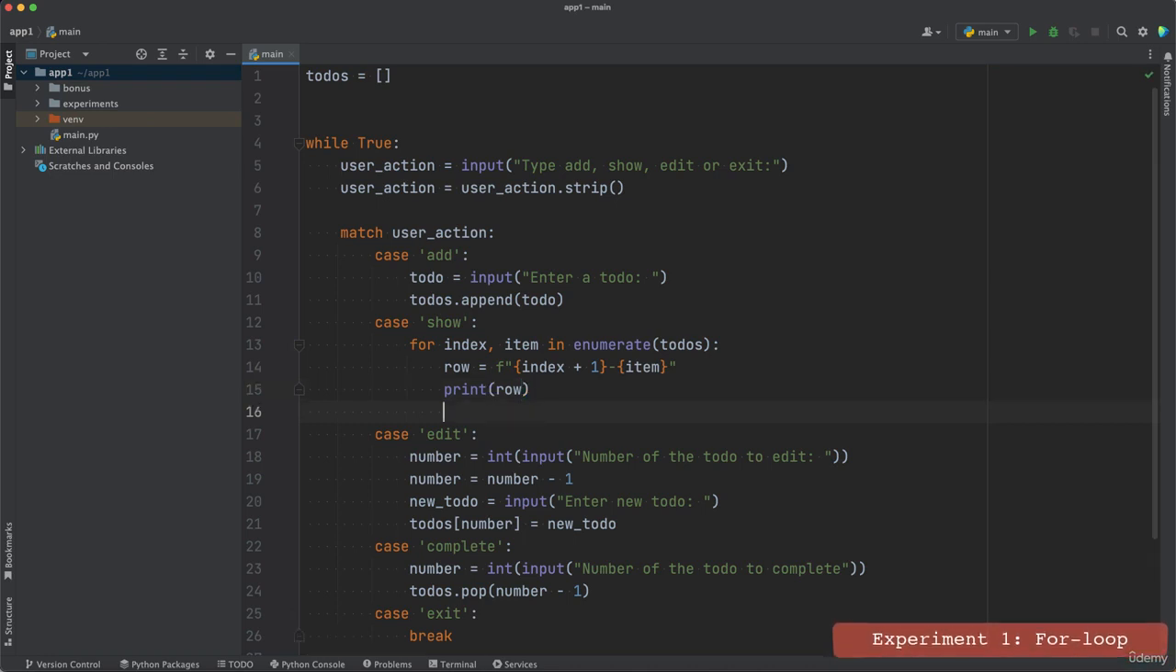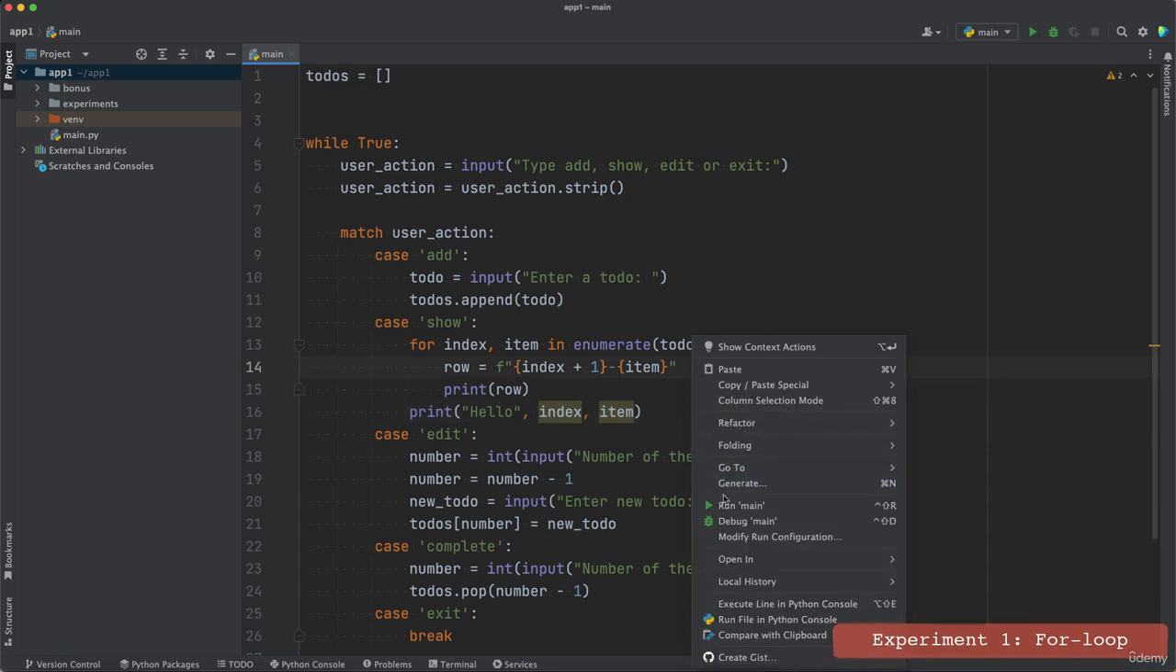Now, if I press enter here and then press backspace to go one indentation level back, at the same level as the for loop, and I say print index comma item, what do you think we're going to get? And also I'd like to print out hello before that. So let's see. I'm going to run this,